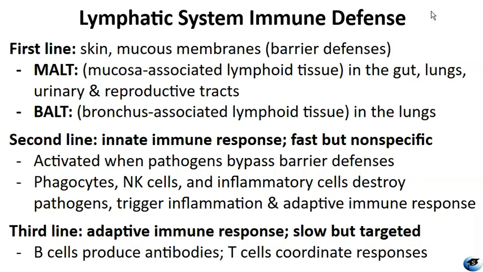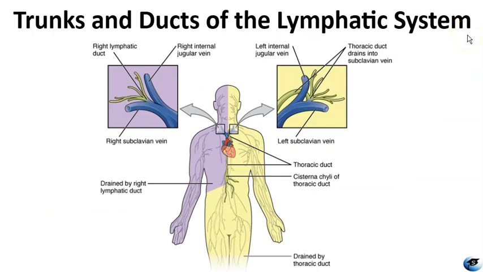And then if the innate response isn't enough, the body activates the third line of defense, called the adaptive immune response. This is slower to initiate, but highly specific. B cells produce antibodies that target and neutralize specific pathogens, while T cells help coordinate the immune response and directly kill infected cells. The lymphatic system ultimately returns fluid to venous circulation, and this is done through two main ducts,